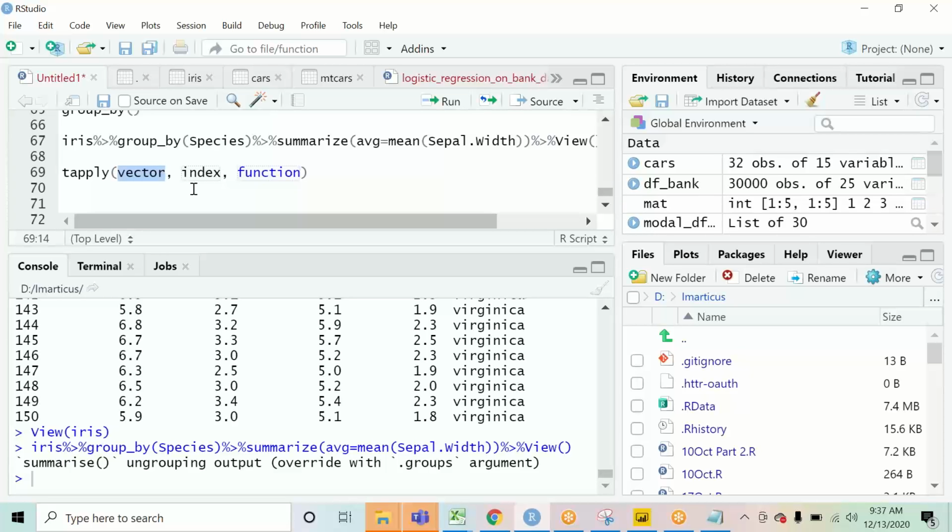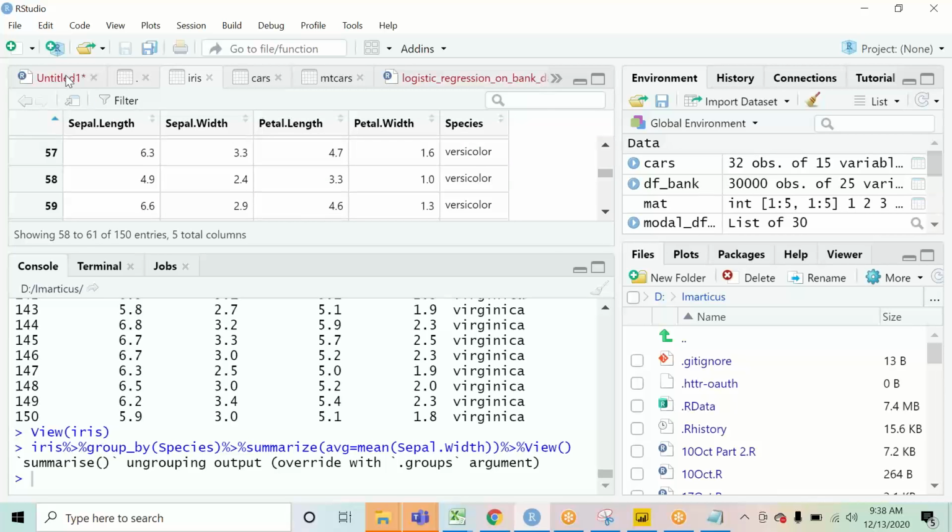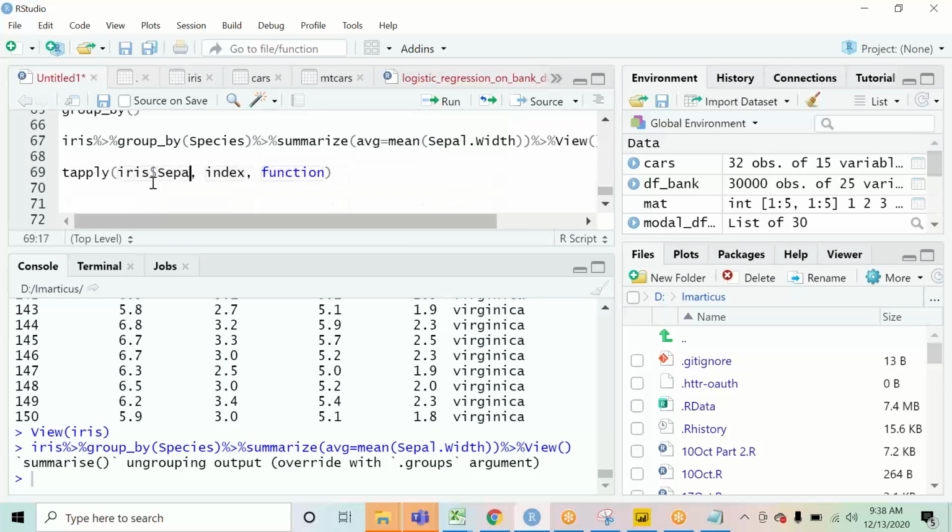So what is the vector? First of all, you give the column on which the calculation has to be done. From the iris data set, I want to pick up the column whose name is Sepal.Width. Okay, Sepal.Width.